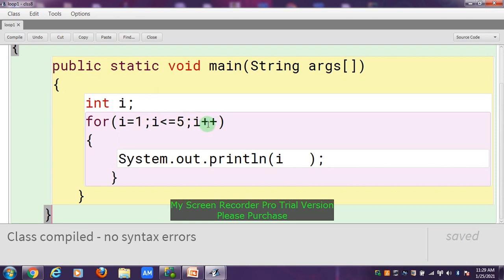So again after increment or decrement we will go to the condition. Again it will check the condition, 2 less than or equals to 5. Now 2 is less than or equals to 5, the condition is true. When the condition is true, it will execute System.out.println I. So 2 is printed. Similarly, then I becomes 3, and 3 less than or equals to 5, the condition is true. So 3 is printed, then 4 and 5. Then after printing 5, when it does the increment I plus plus, the value of I is 6. Now when we compare the condition, 6 is less than or equals to 5, the condition is false. So it will come out from that for loop.